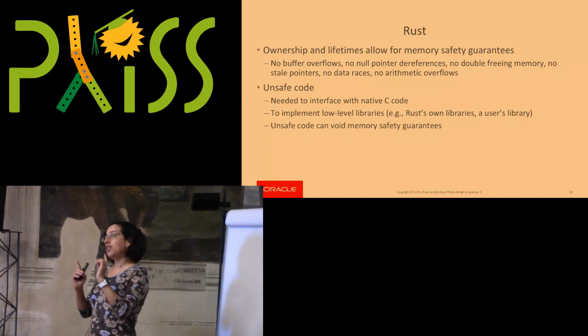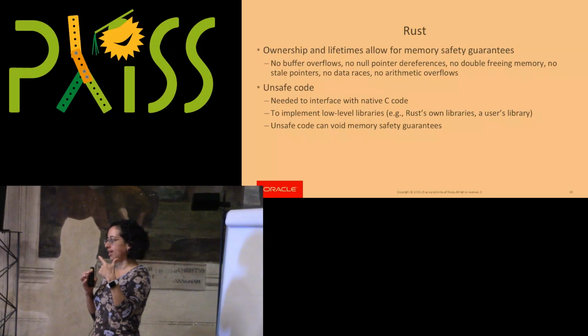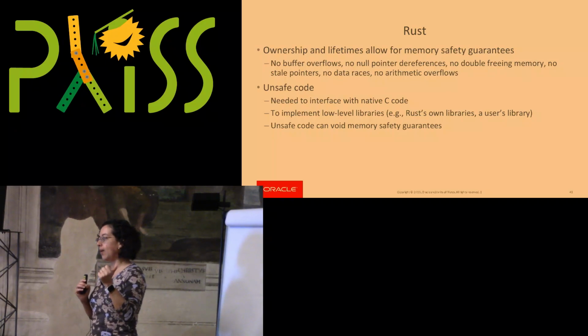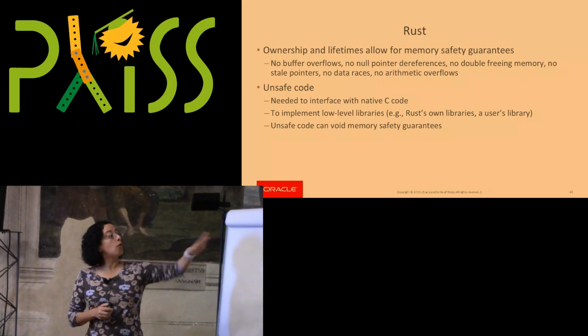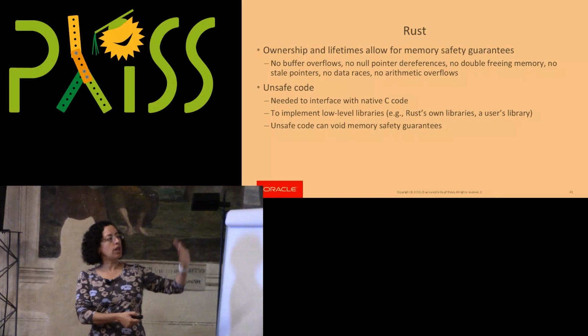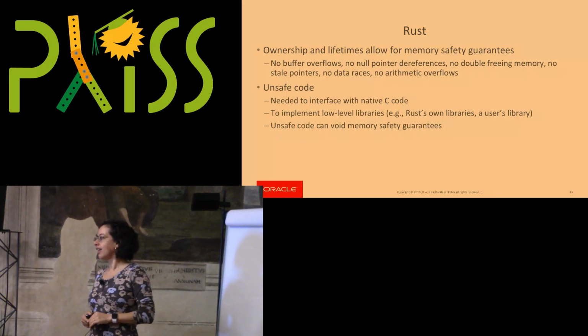Right, so the question is, if you're writing unsafe code, do you still have some of the memory safety guarantees? No. With Rust libraries, you mean the standard library of Rust? Yeah. So you write unsafe code within the functions, but when you use those functions, you still get these memory safety guarantees, or how does it work?